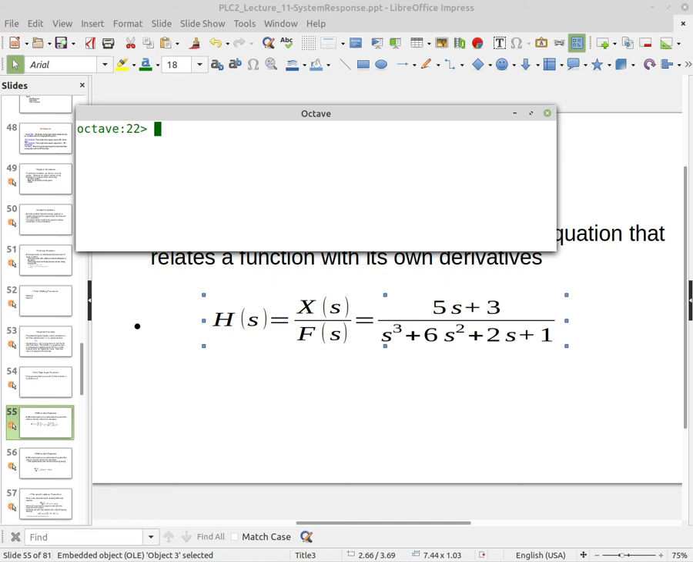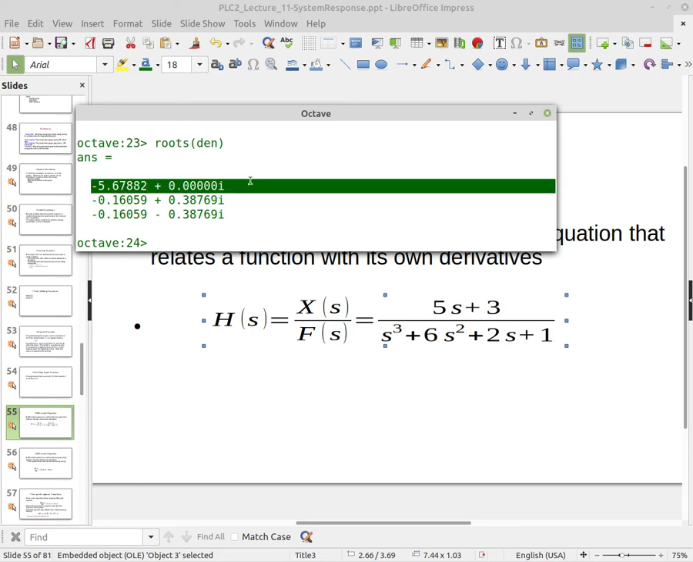Using the Octave software here, we could calculate what these poles are by creating a variable called denominator, which is 1, which is the third order, 6, which is the s squared, 2, which is the s term, and 1, which is the omega n squared term. All right, so there's my denominator, and then I'm going to use roots to find the roots of this polynomial. And so when you look here, you see that it's got one pole, which is at -5,